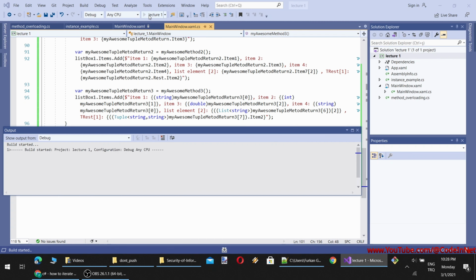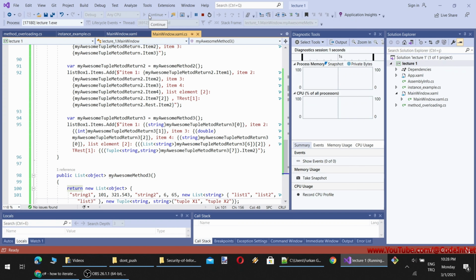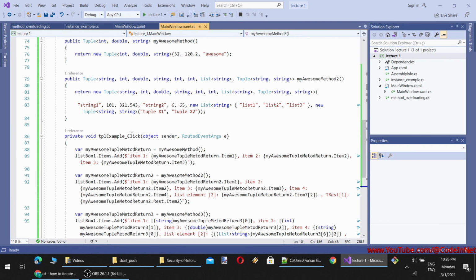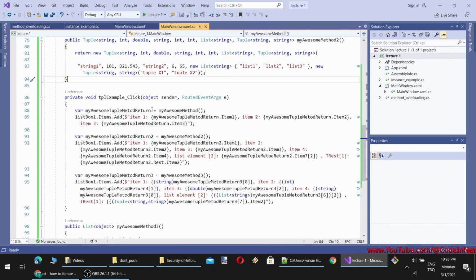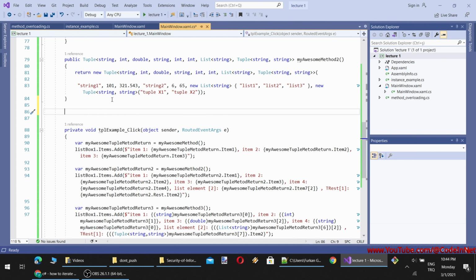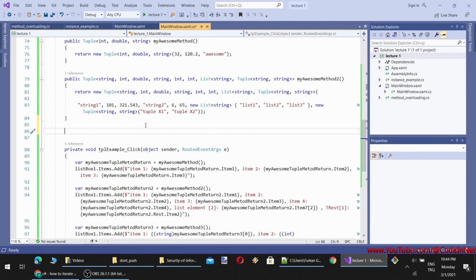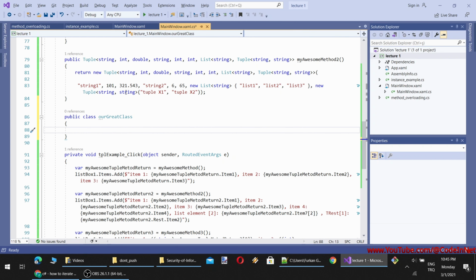Now you see we have written both functionalities in different ways. Now they are both working as expected. Now the third way would be defining a custom class, which would be my preferred way. The third and the proper way is defining a custom class with the desired parameters. So let's define a public class. Which parameters do we need? We need a string. For that I will use prop.